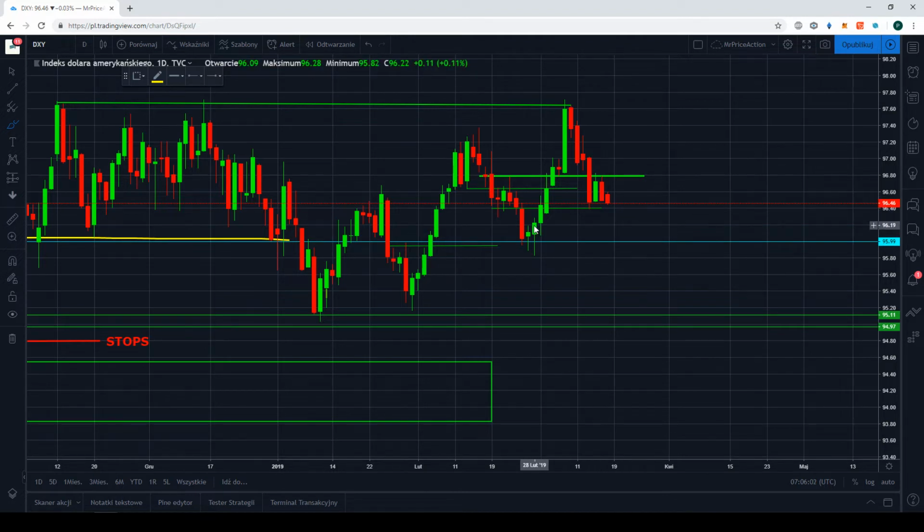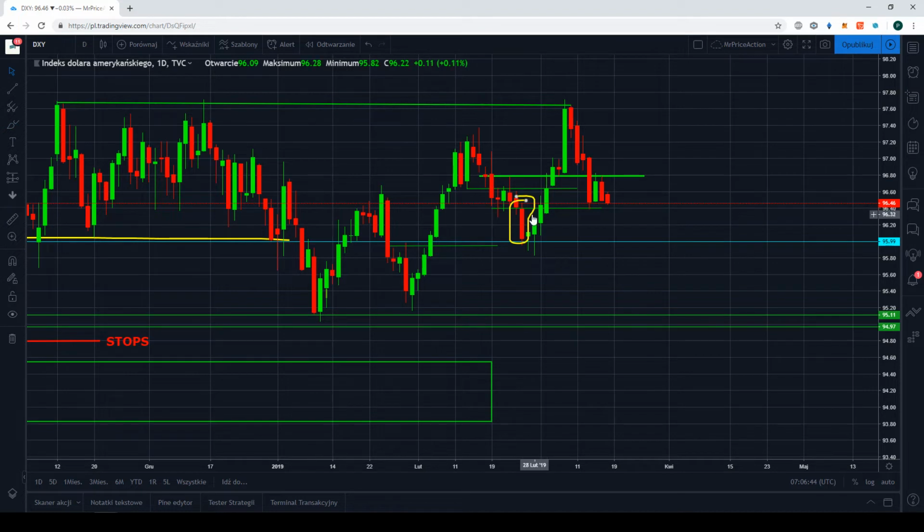And what is so important, in my opinion, from the bear's perspective, is to try to close below 96. If that's going to happen, we may see a retest of 96 and a move lower towards 95. So right now, 2 days ahead of the FOMC rate decision, we are sitting and testing possible demand based on the daily chart.